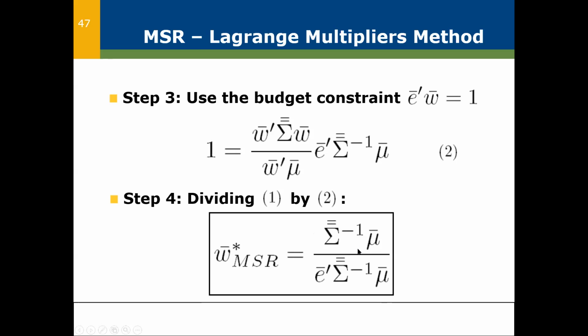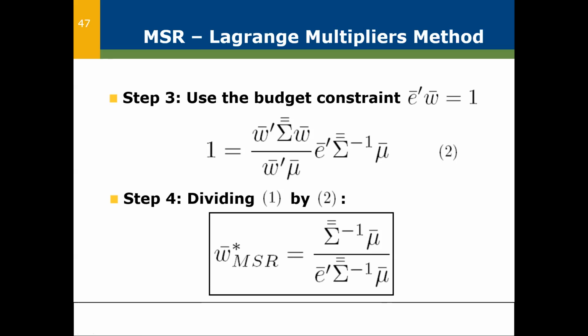And again, the structure of the formula is very similar to the weight formula for the minimum volatility portfolio. The only difference is that the mu, aka the excess return vector, is replaced by the vector of ones. So that's very nice. It's clearly normalized. In other words, it satisfies the budget constraint. So that's also nice. So this is actually a very powerful result in that we've got an analytic expression,